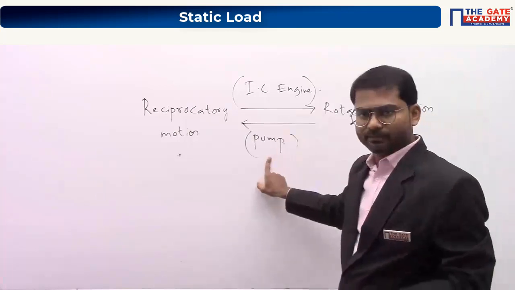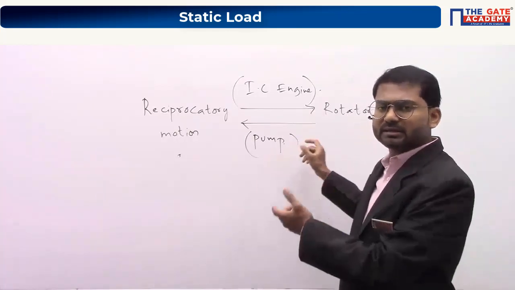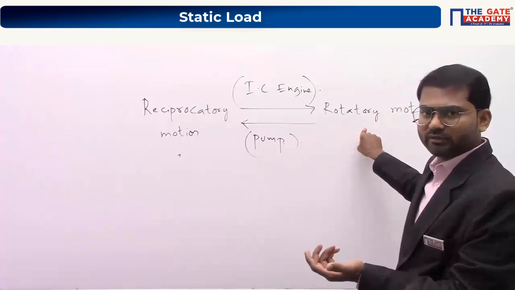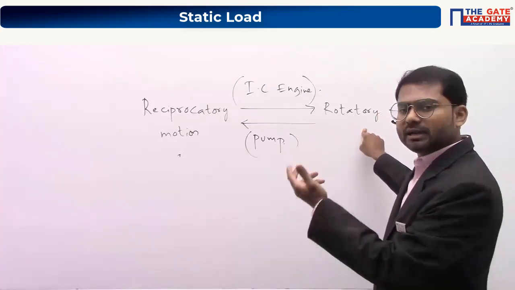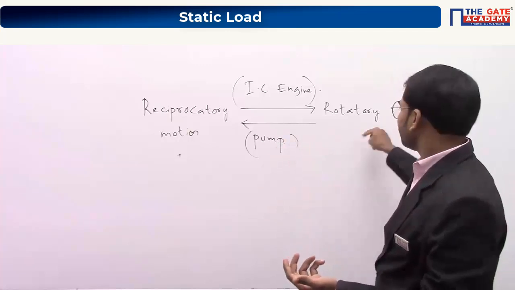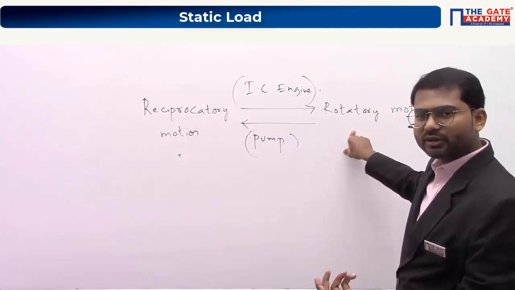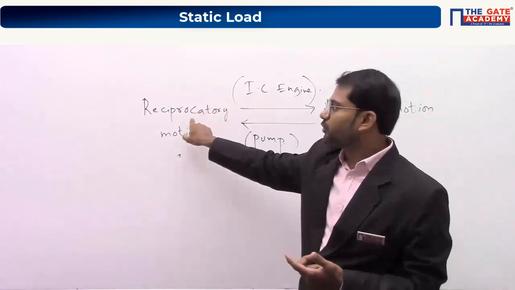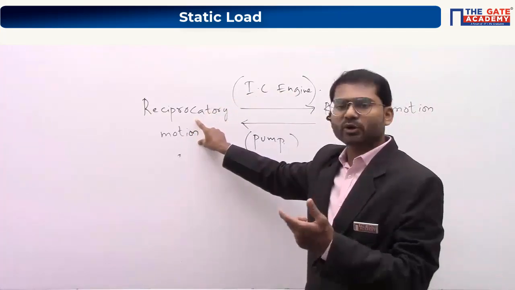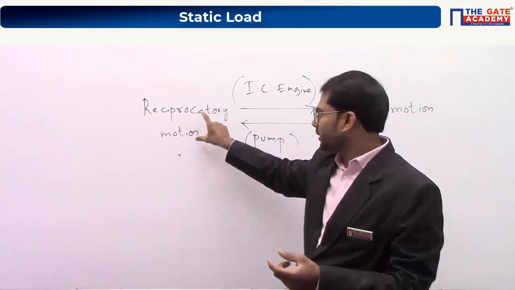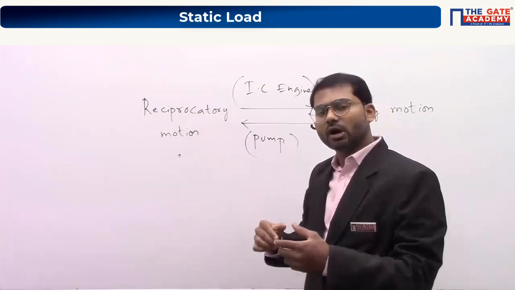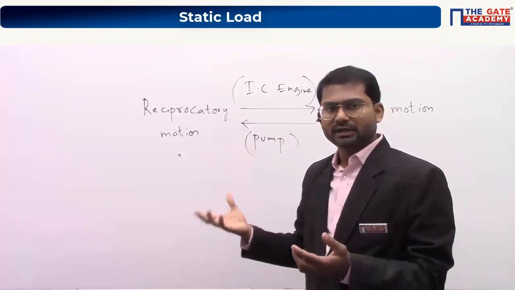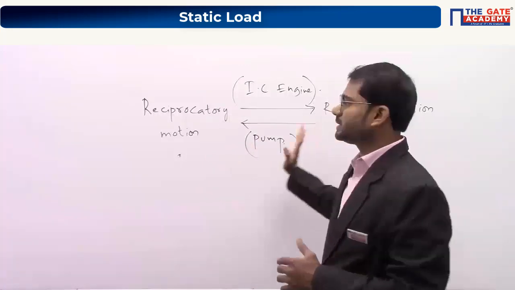When I'm using it as a pump, maybe the electricity, whatever it is, the input energy for this particular pump is causing rotatory motion, because an electrical motor will convert electrical energy to rotatory kinetic energy here. The rotatory kinetic energy is causing this rotatory motion, and this motion is being used to produce the reciprocatory motion of the cylinder. This reciprocatory motion of the cylinder will cause the pressure of the liquid in the pump to go to a higher value, and that is what is done by a pump here. So this is how all these things are connected.